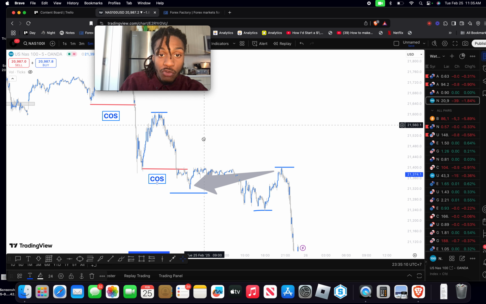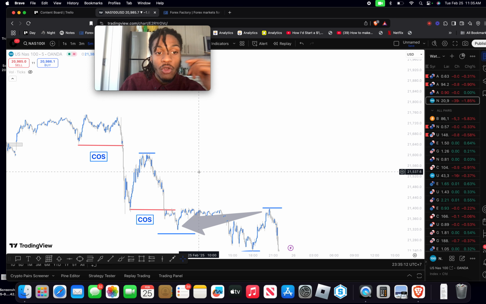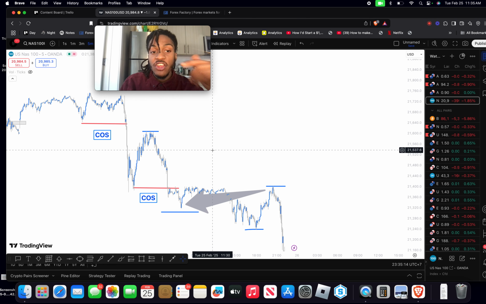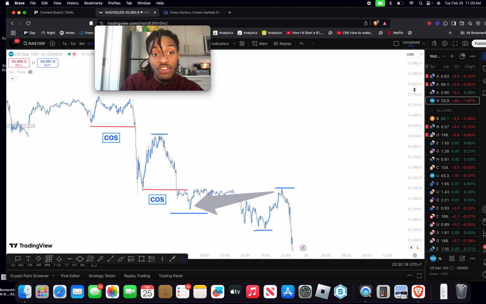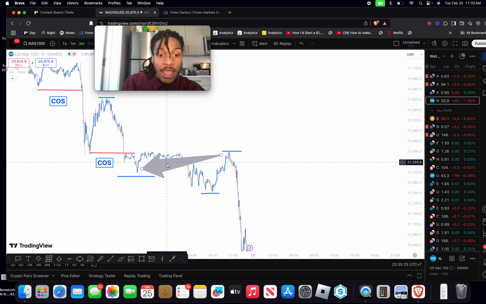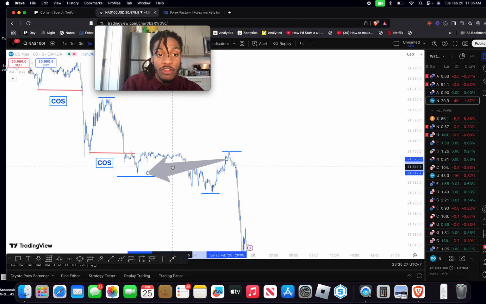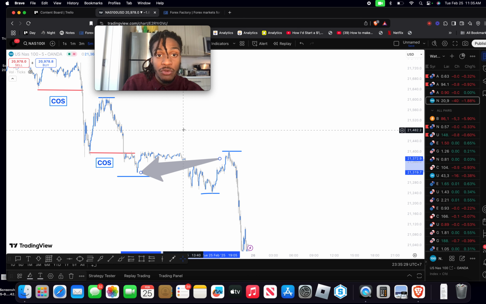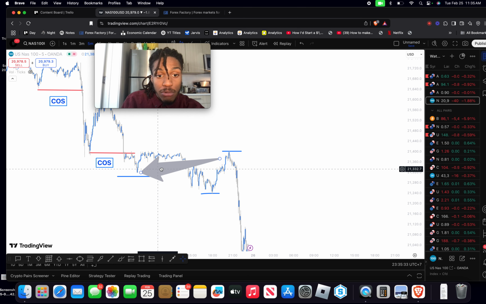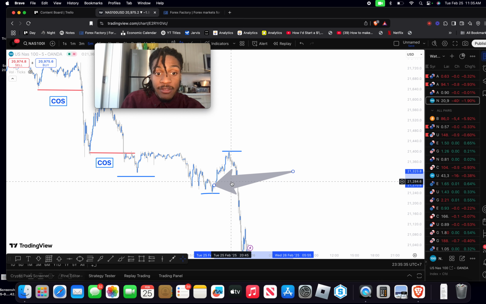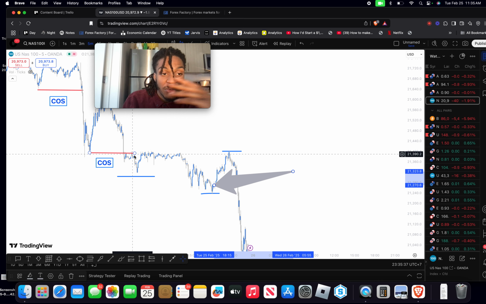So that's two so far, and we have more. Okay, so these COSs, like I keep saying, stand for a continuation of structure. They're continuing the trend. The trend is bearish. Every time we have a new low being broken, we're continuing the trend. After we had this COS, and then this low where the gray arrow was pointed to, this low is the new low. And so once this new low broke, which was right here, that's another continuation of structure,